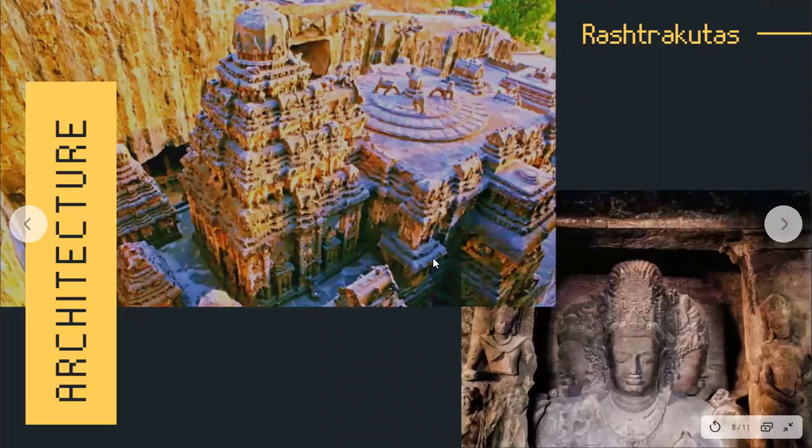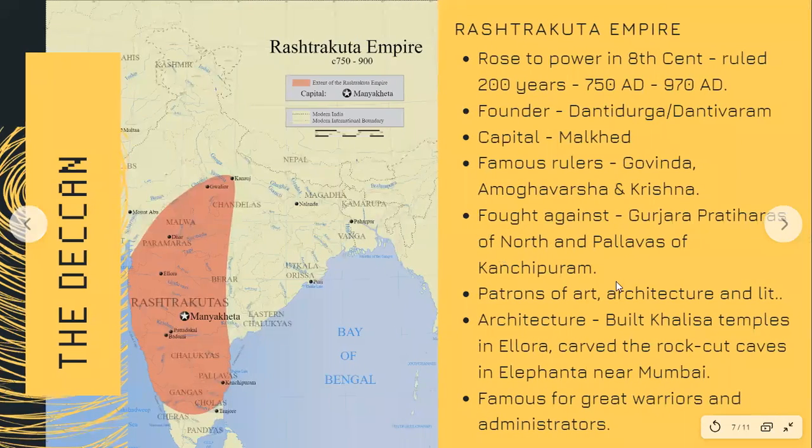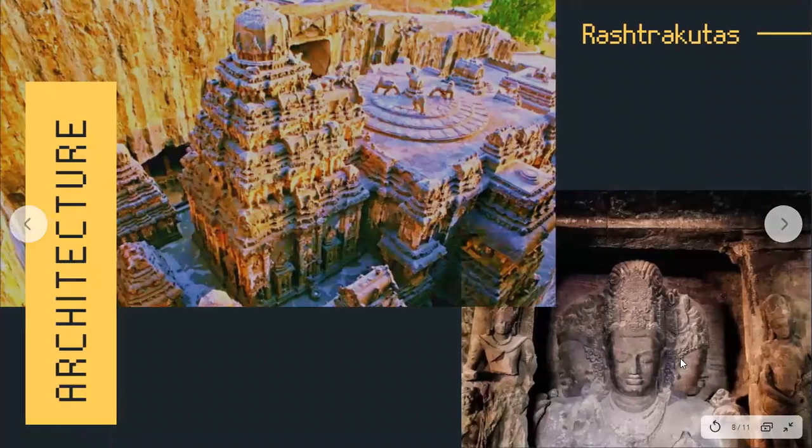Now, this is the Kailasa temple I just mentioned. I just talked about the Kailasa temple, right? One second, let me show you. So you see, I just told you about the temples of Ellora, right? And the Elephanta caves. This is a picture from the Elephanta caves. This is carving done in those caves, students. It's beautiful. If you ever get a chance, do explore these regions. This was built by the Rashtrakutas, right?